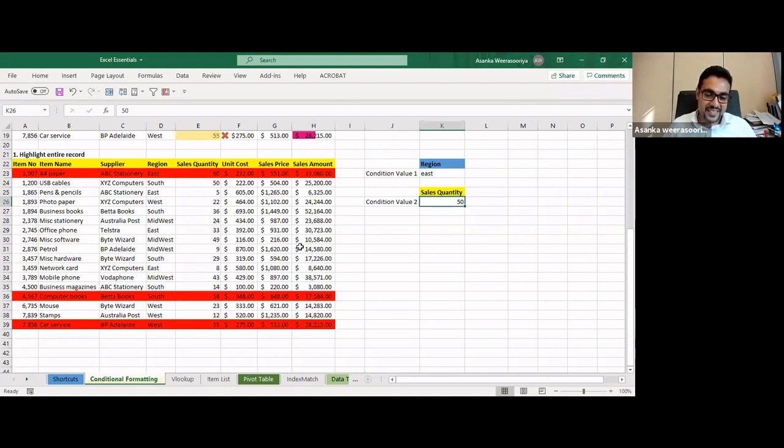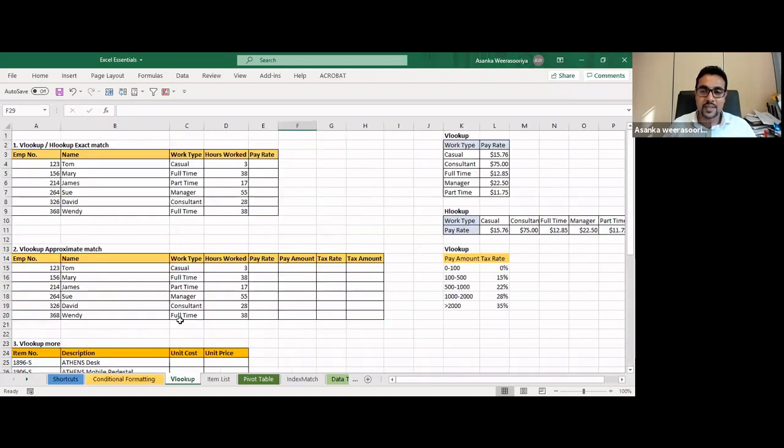We'll move to the next most important topic, and you all prefer to learn VLOOKUP and HLOOKUP. Okay, how do we use VLOOKUP and HLOOKUP? I think you can understand if I give an example. First, you can see this